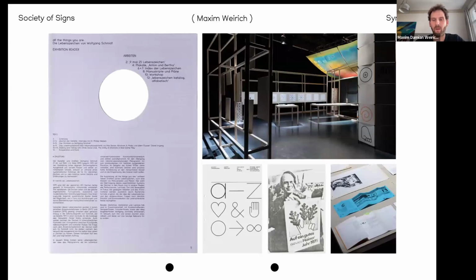So, where do I start? First, a short introduction about me and Edgar. I started to dig into the topic of pictograms, and especially historical pictograms, in 2019 when I prepared my diploma thesis. And I discovered the work of the artist and graphic designer Wolfgang Schmidt, who developed his own pictographic system he called the Science of Life, the Lebenszeichen, which was a fully elaborated system to communicate emotions and to use it also for his